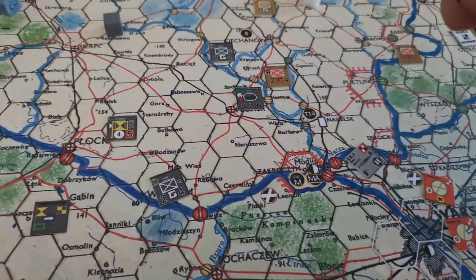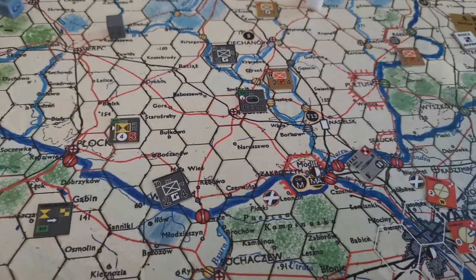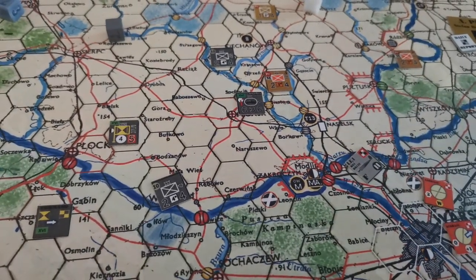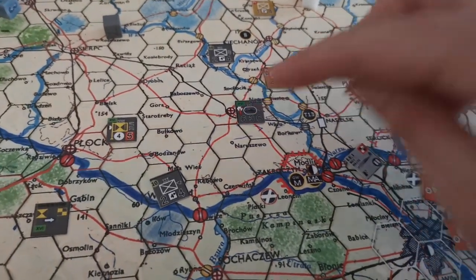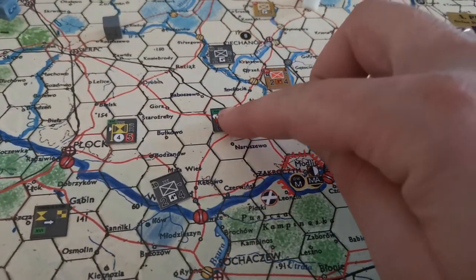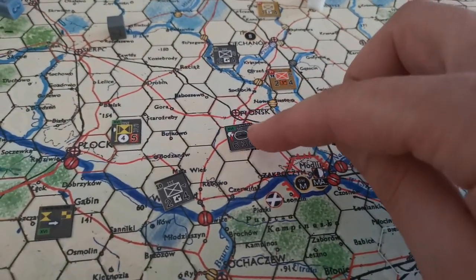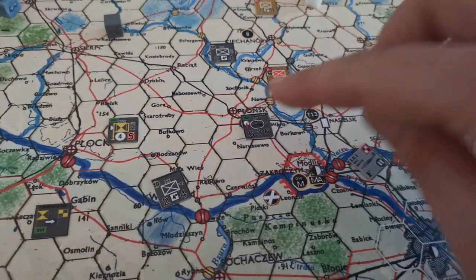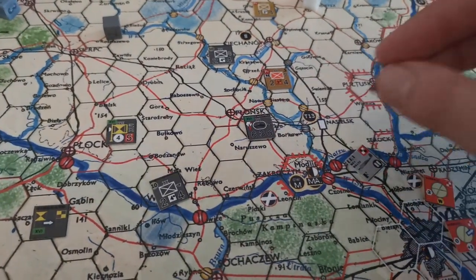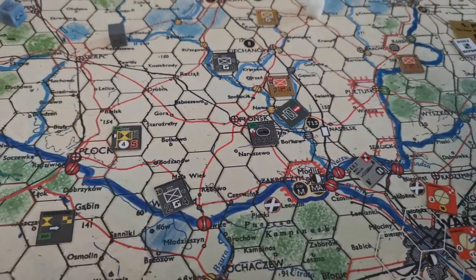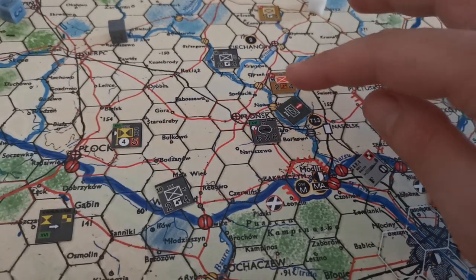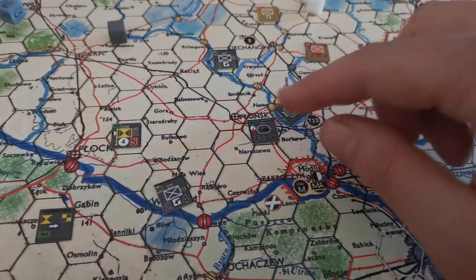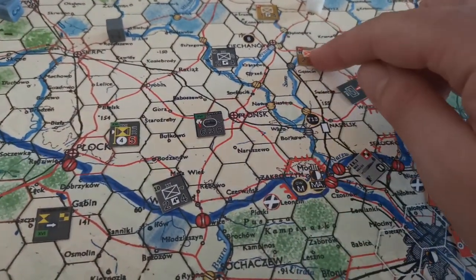Moreover, those units are light motorcycle recon units, and those units can go behind any terrain. So for example, a motorized unit or panzer unit cannot cross an unbridged river, but it can always put a spearhead. Why would you want to use this? Not only to encircle the enemy, but also to